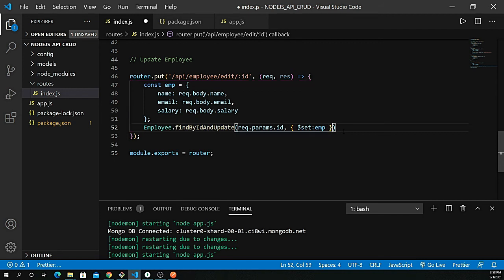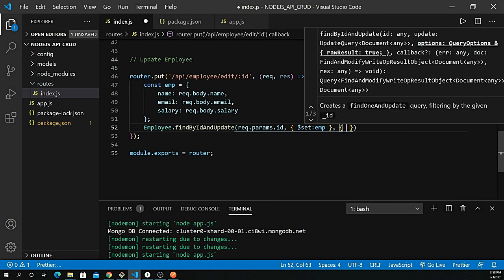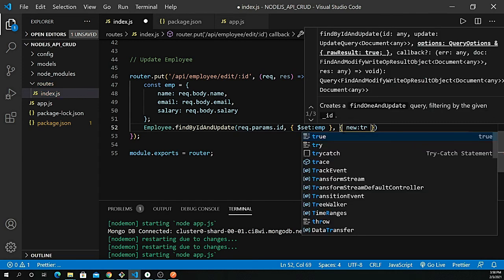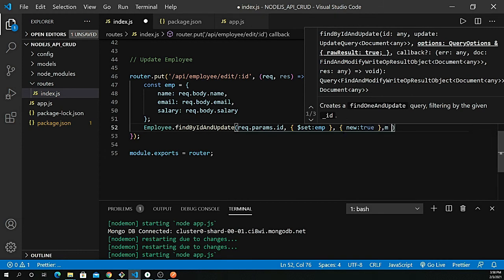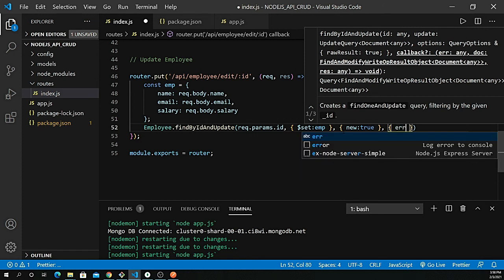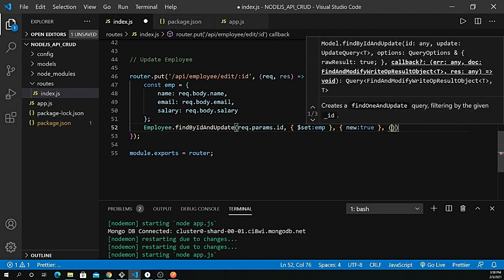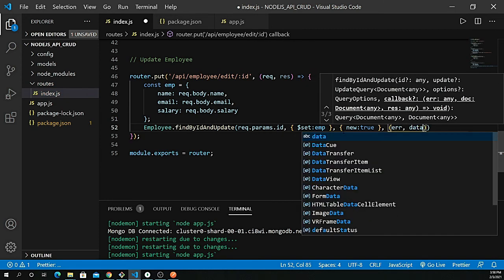So next I want to make the new option. Let's bring here new to be true. If there is updated data, then just update it. So new, I bring this in, and I want to pass here another callback, which takes the error and the data, which should be in brackets. So error and the data,